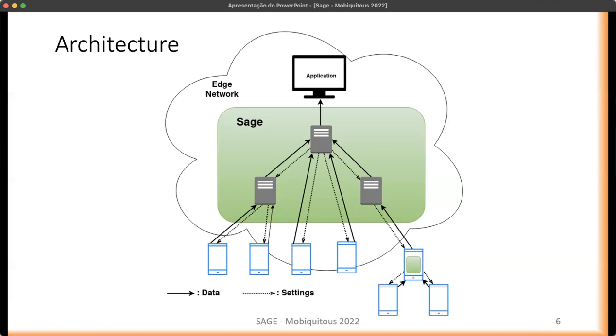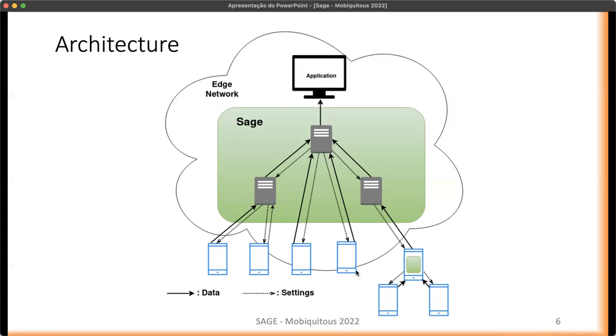Each device and each server can only connect to another server. The topmost server will be the one responsible for handing out the flow to the application. Note that devices may also act as servers, which allows for more flexible deployments.